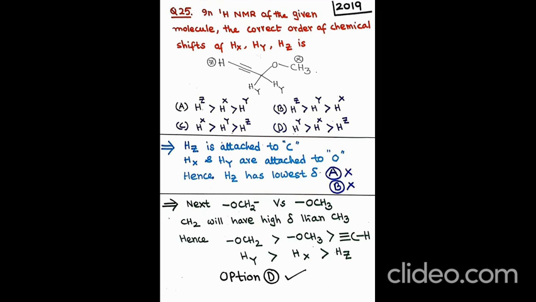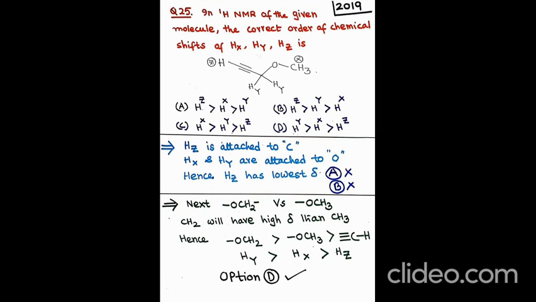So based on this, we can cancel A and B. Why? In the given options A and B, it appears that HZ will have the highest chemical shift value. So A and B are not the answer. Now let us go to C and D. In order to find out whether HX will have the highest delta value or HY will, we have to see the environment of X and Y. Actually X is OCH3 and